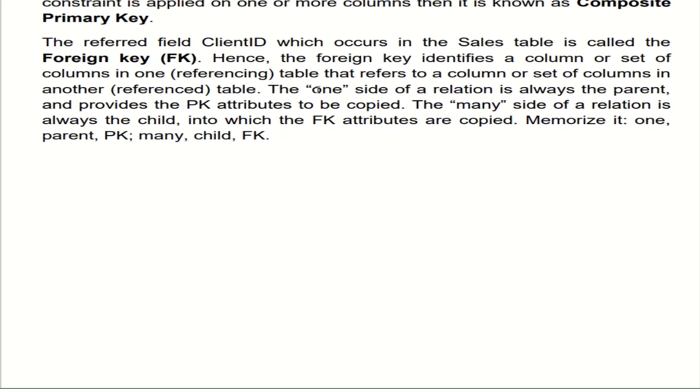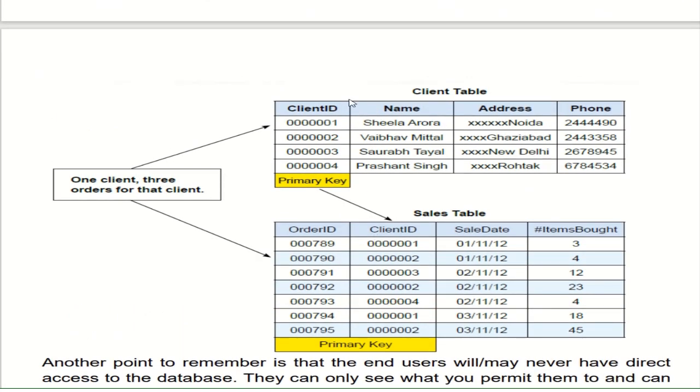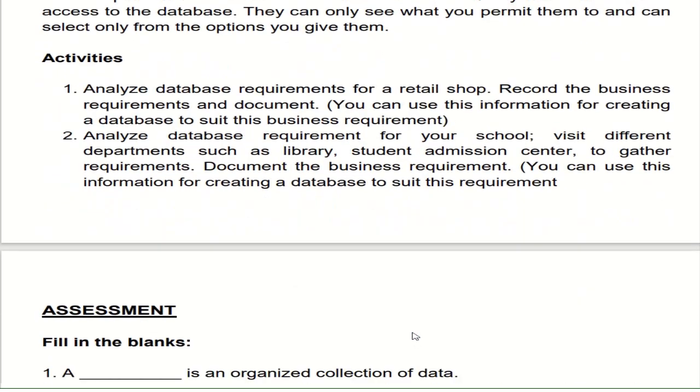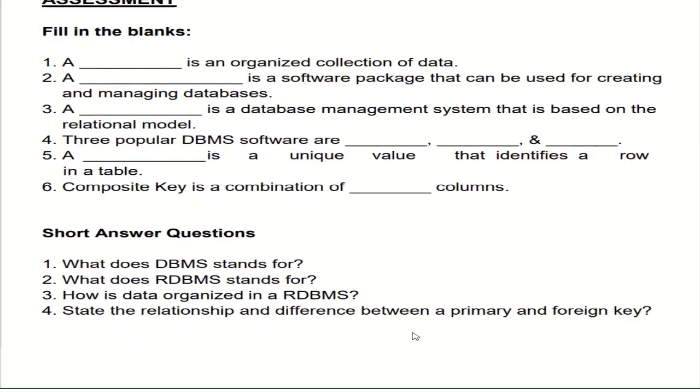First, there should be one common column in both tables. The second rule is what? In table A, that particular column is identified as primary key, and in table B, the same column is identified as what? Your foreign key. That is known as what? Parent and child condition. See here, this client id is available here. So this client id is known as what? Primary key. And here also client id is available, but this client id is known as what? Your foreign key. Now this is all about your first session. The second session we'll learn in the next class. Thank you.